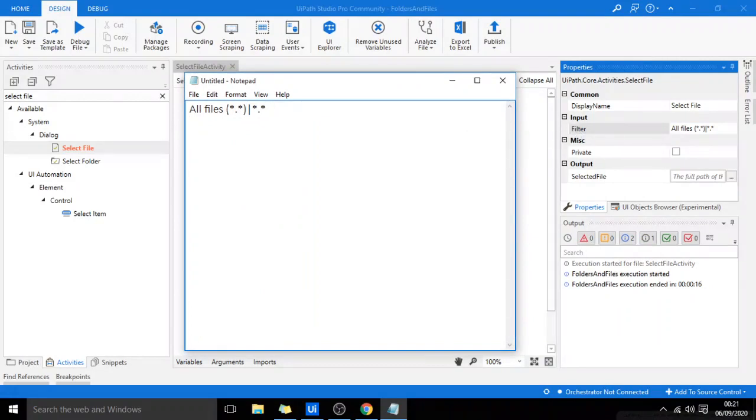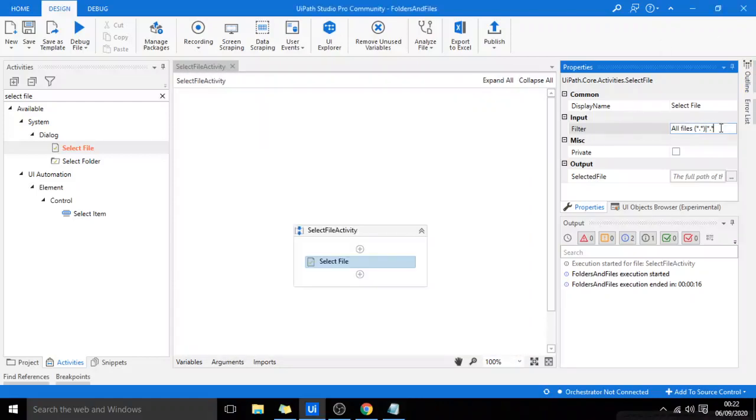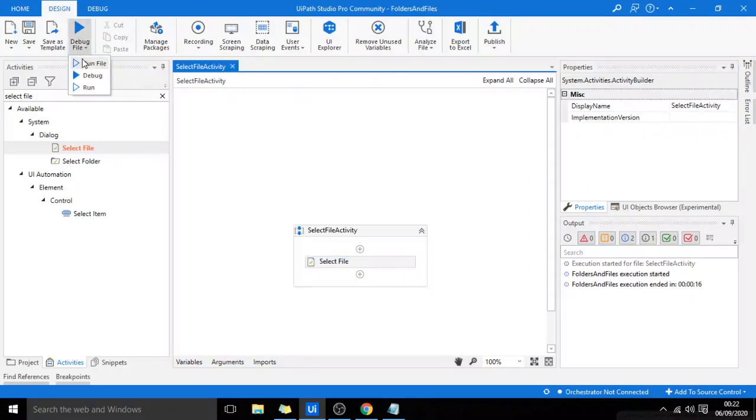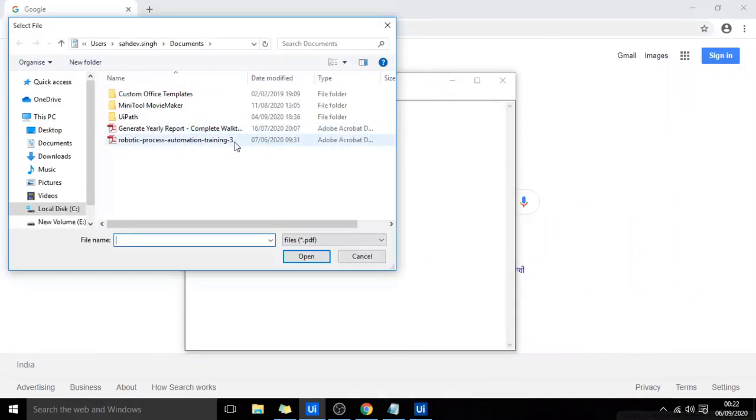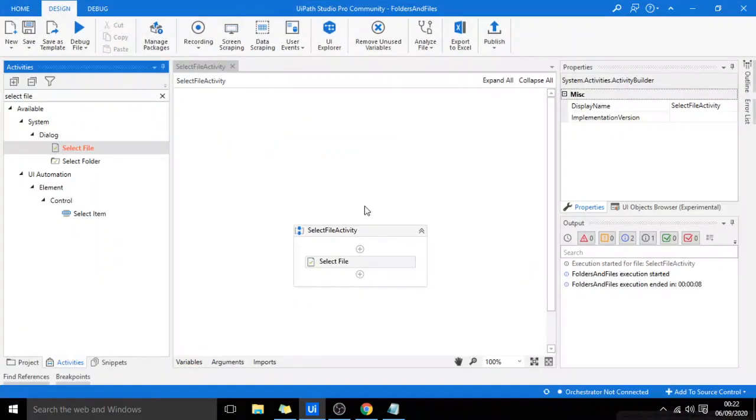For that, suppose you want to display only PDF files, so you need to write star.pdf, and here also pdf. If I change this expression like this, now I will execute this again. This time you can notice it is displaying only PDF files to me. I'll choose any one of them.